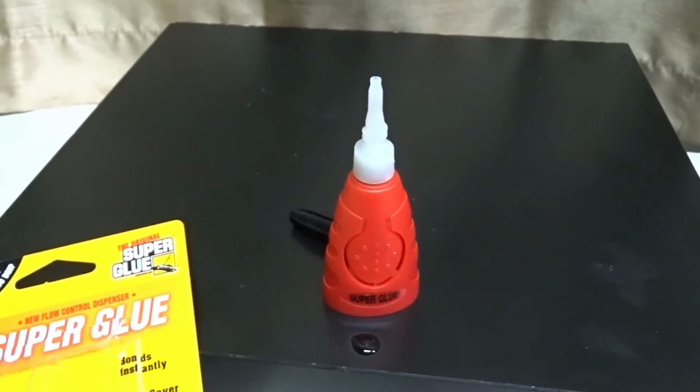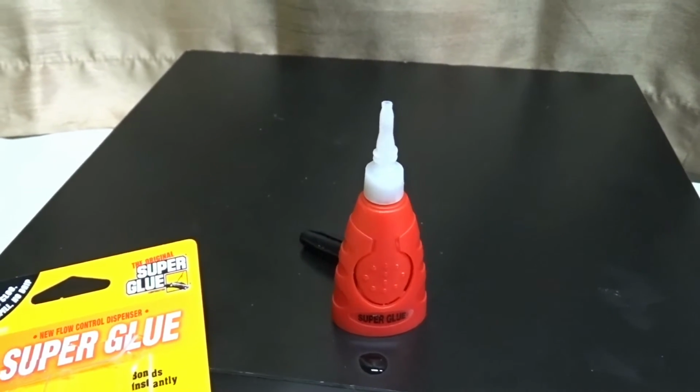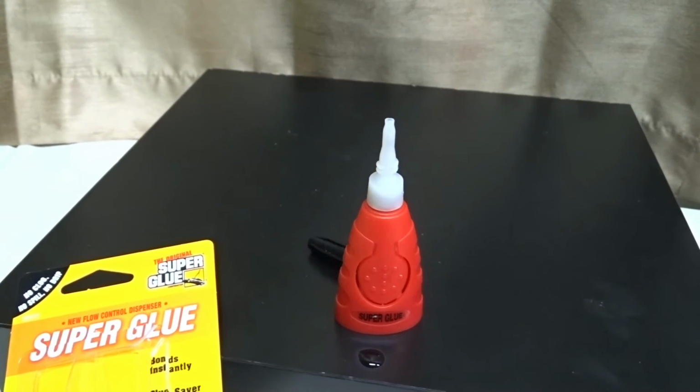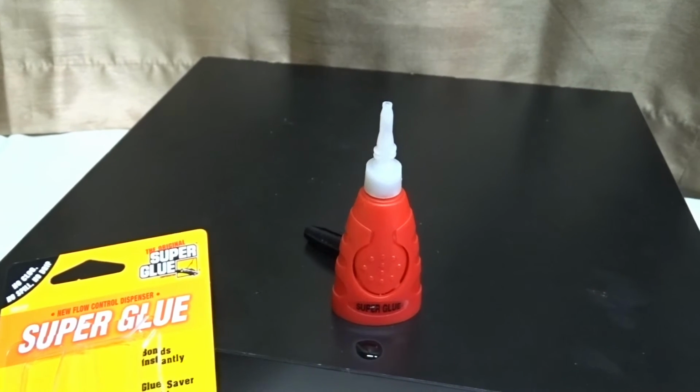So yeah, okay, that's the super glue. That's the original super glue. Yeah. And I hope you